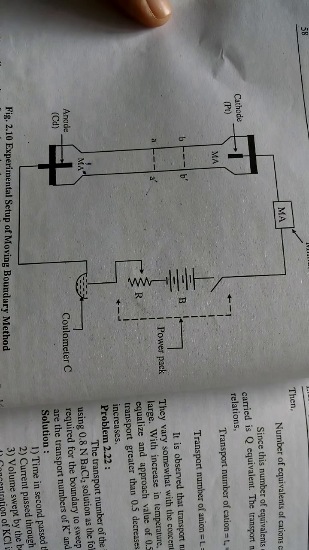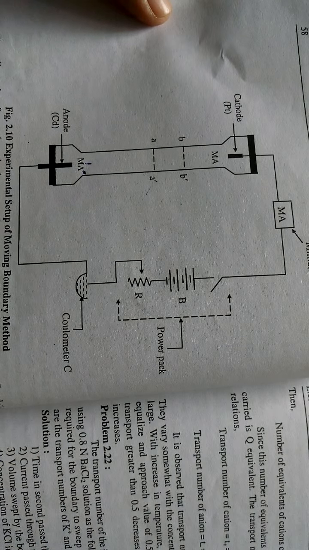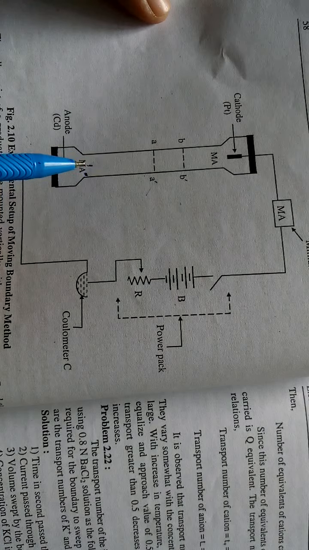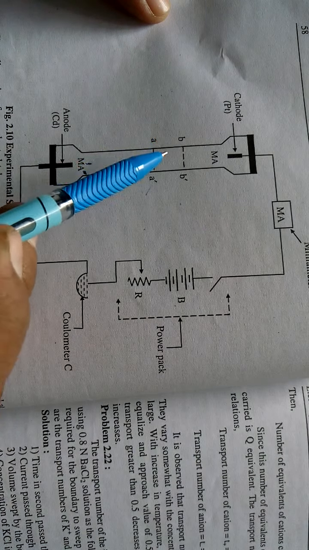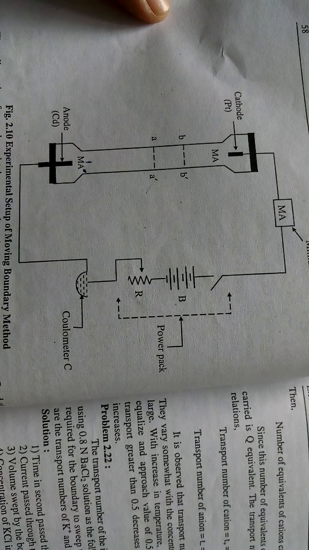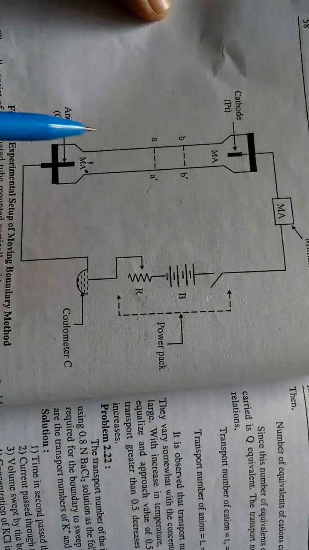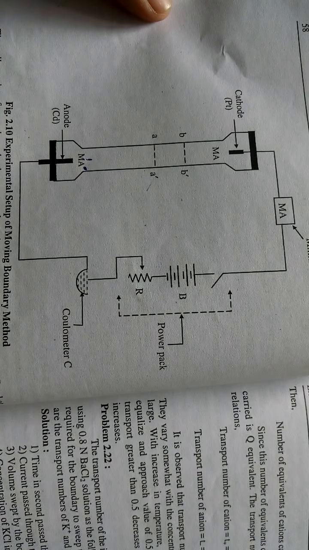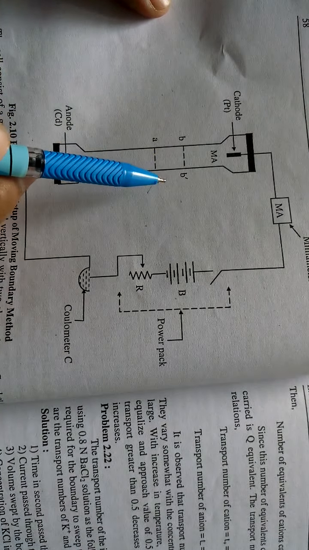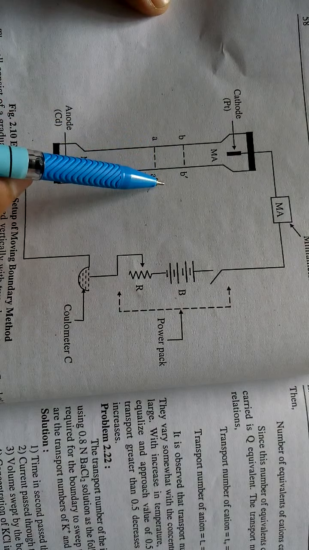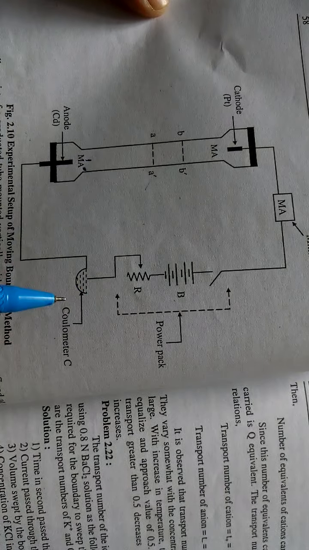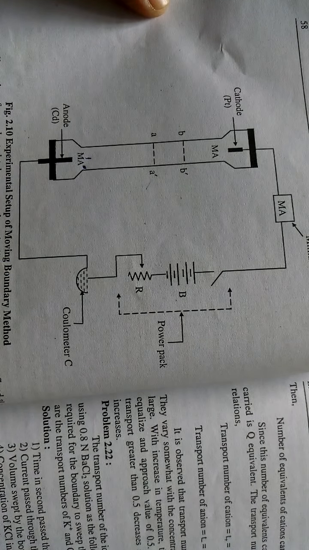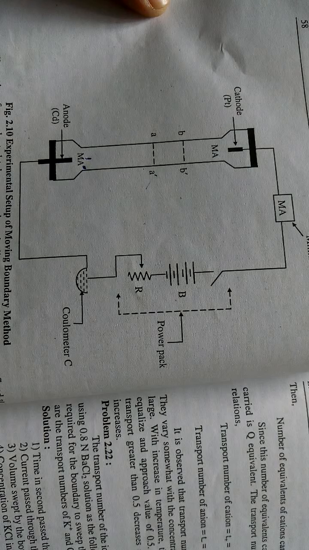Now we take two different electrolytic solutions having a common anion. While taking these two solutions, we have to take into consideration that they must have a sharp boundary between them, which means we can easily identify the two different electrolytic solutions. Maintaining this sharp boundary between the solutions is based upon